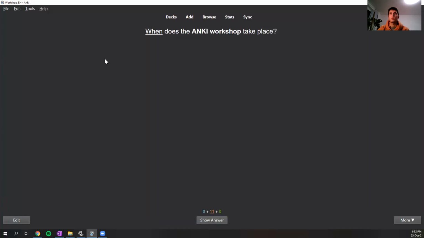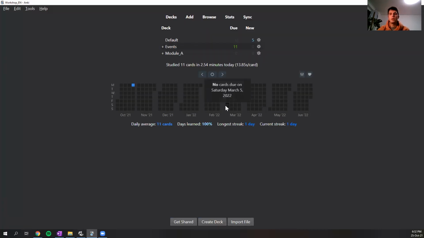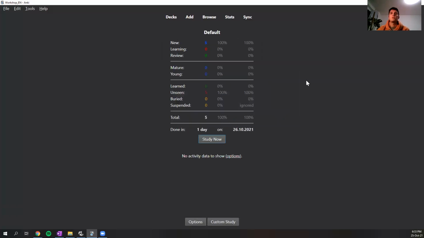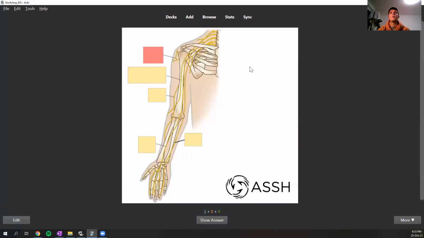So this is how the cards look. But the thing is that we also created the cards that were "hide all guess one", but since we didn't check the deck field in the image occlusion window, they got misplaced and they are in this default deck. So it's probably in the default deck even for you. So once you click on default, and we can once again study now, and here are the cards from